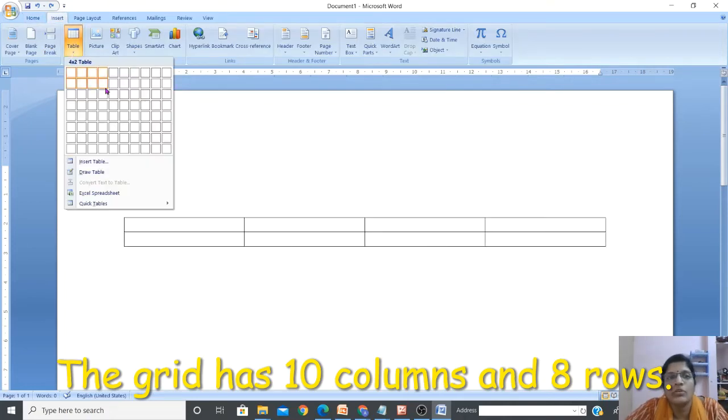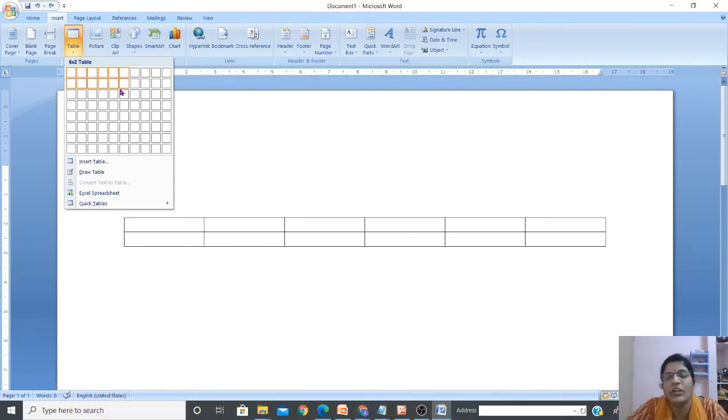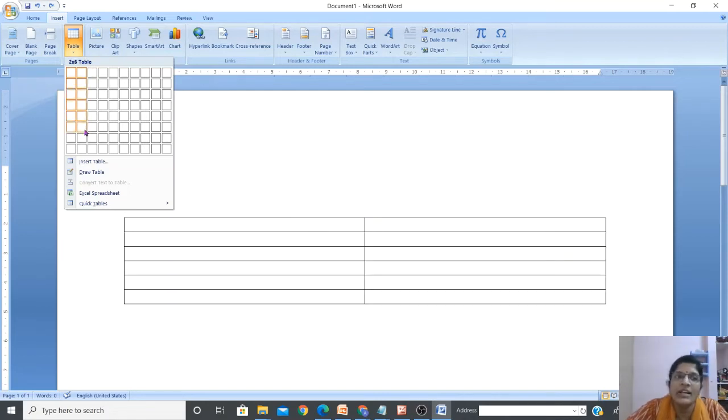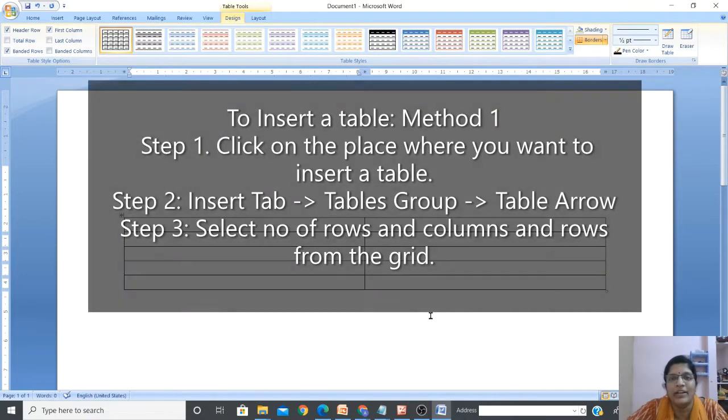Here, wherever you move, you can see that many rows and columns on the document. See, here I have chosen 6 columns and 2 rows, which is displayed over here. Do you see at the top of this pop-up, 5 into 2? That means 5 columns and 2 rows, and if it is enough, you can just click on it. Now I want only 2 columns and 5 rows. So click on it. See, the table has appeared, right?